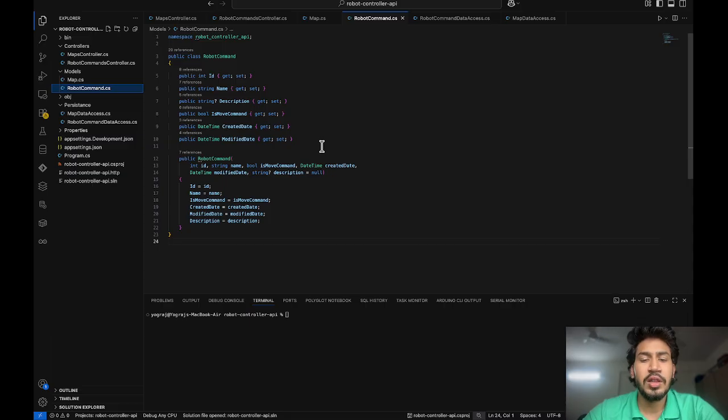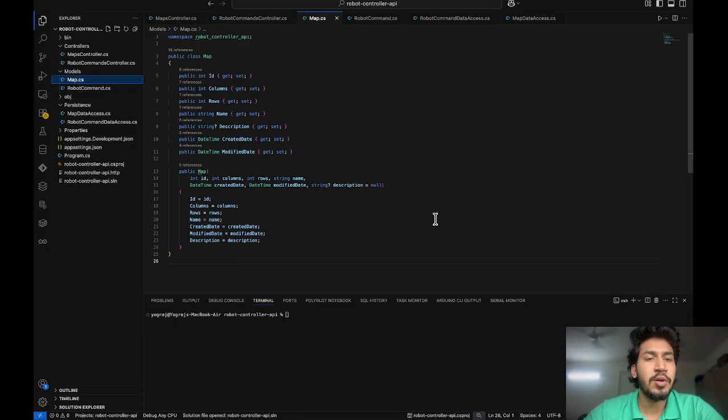This is called while creating robot command instances manually in the controller. Having both constructors helps us in deserialization, while we use the parameterized one for explicit objects. After that, let's move on to the map model.